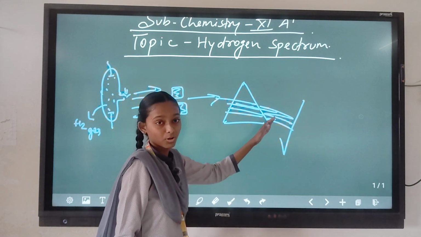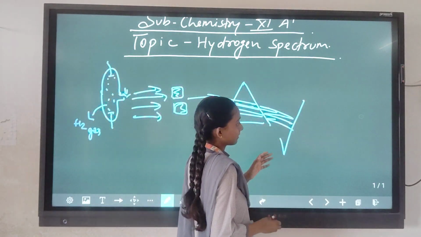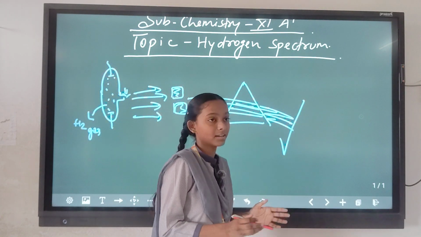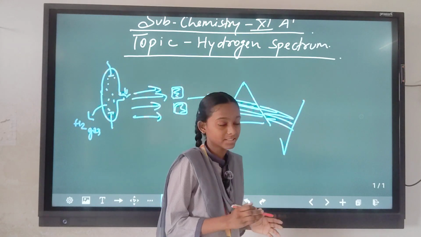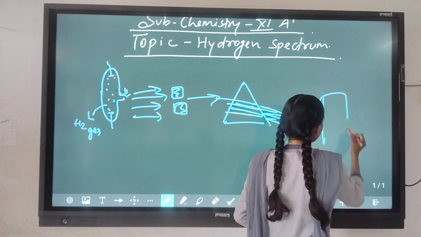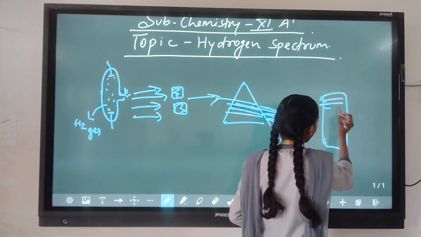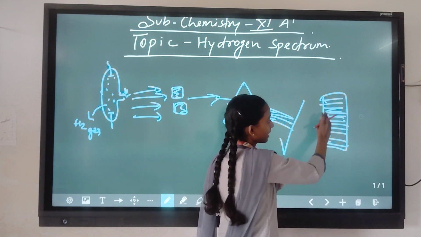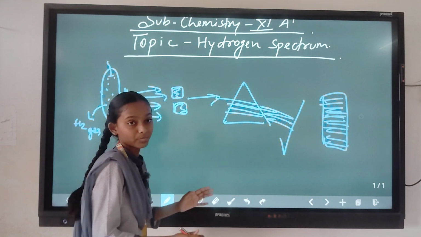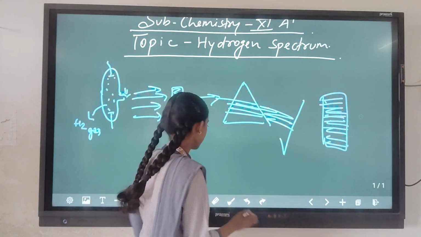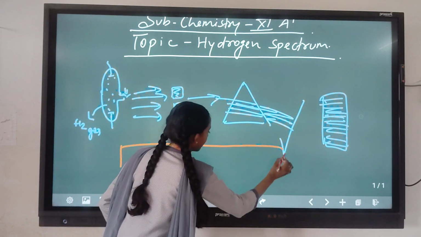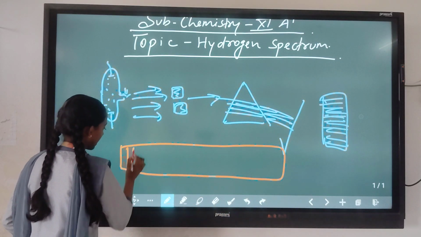These lines are so numerous that scientists group this series in different regions. Like this is the photographic plate, then this number of lines are formed, and scientists group them together in multiple regions, like that, if they are the spectral lines,